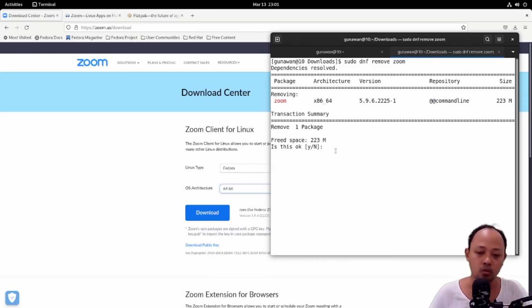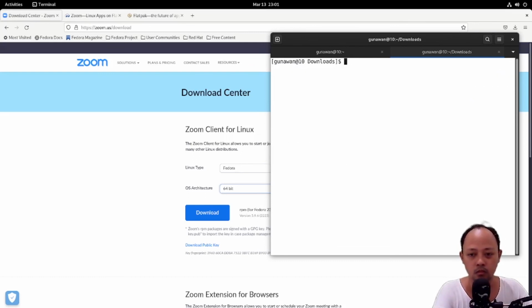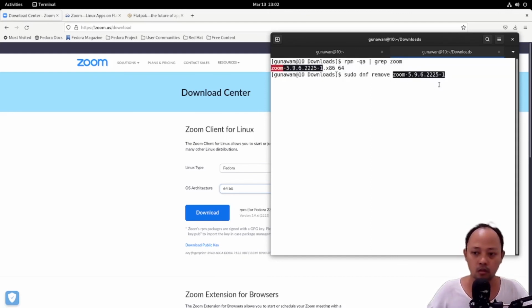Usually if there's no repository in our Fedora, we need to find the package like this: rpm -qa, and then we filter the Zoom, and then we can just uninstall it with this command, sudo dnf remove, and then we input the package like this.